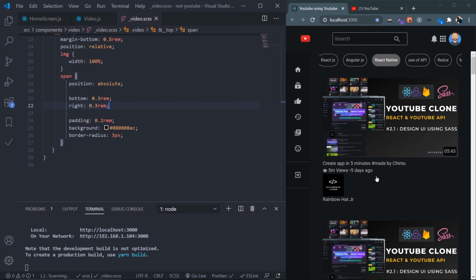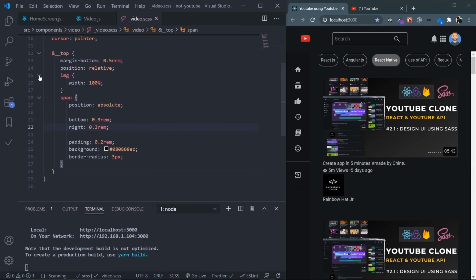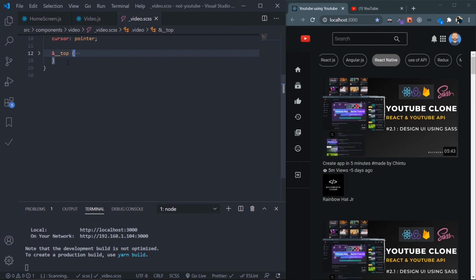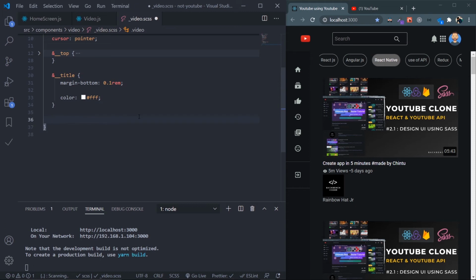And now let's design the video title. So this is a div, and just close the top. Inside this I have this class which is title, so video __title. So just give it a margin bottom of 0.1 rem and the color is pure white, again Hala Madrid. Some basic CSS. Save this and then design the video details. So __details. Here we have 2 span tags, so just use display flex and align item center, just some basic CSS, and then design the channel, so __channel,